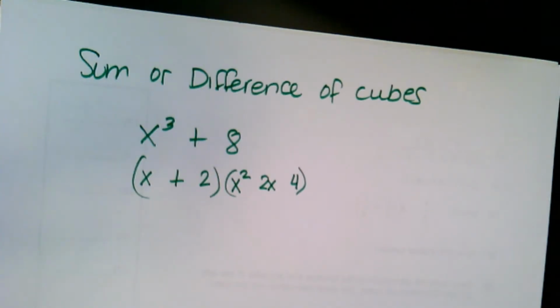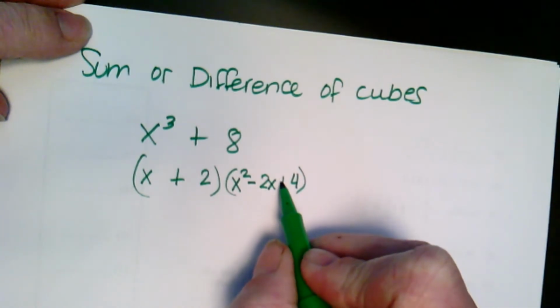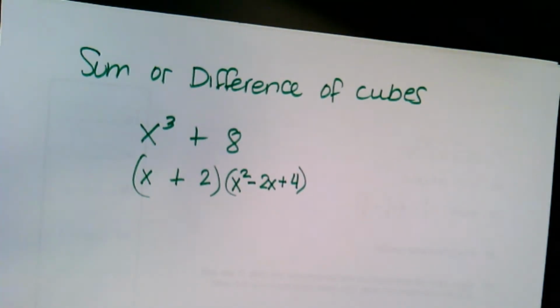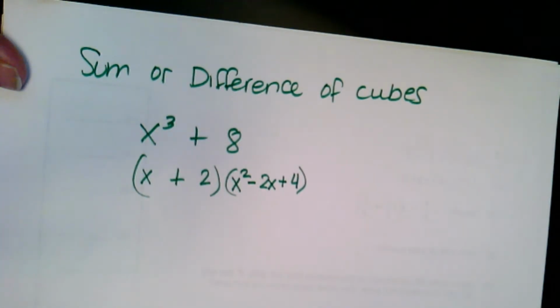Now when we do that, we have to worry about our signs. This one is minus and this one is plus. So this is the rule for the sum of cubes, plus minus plus,